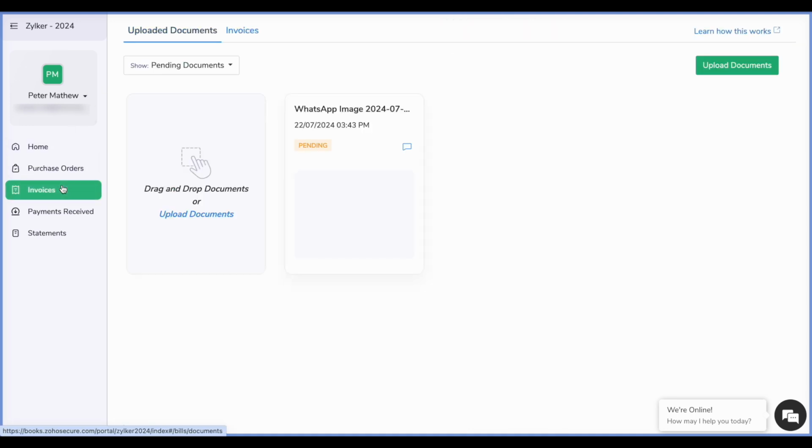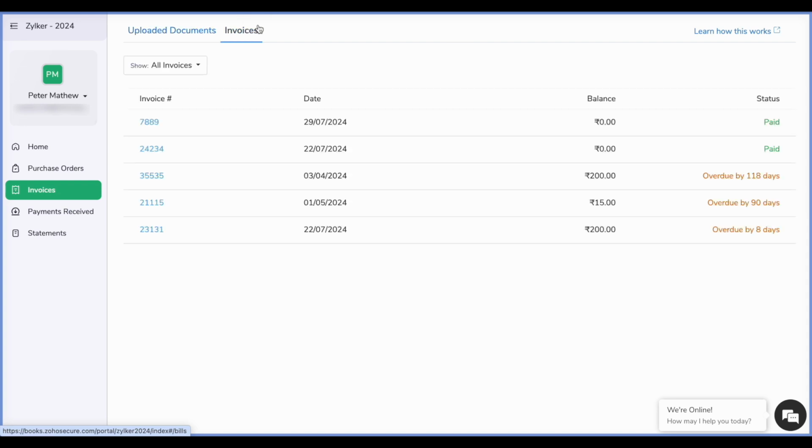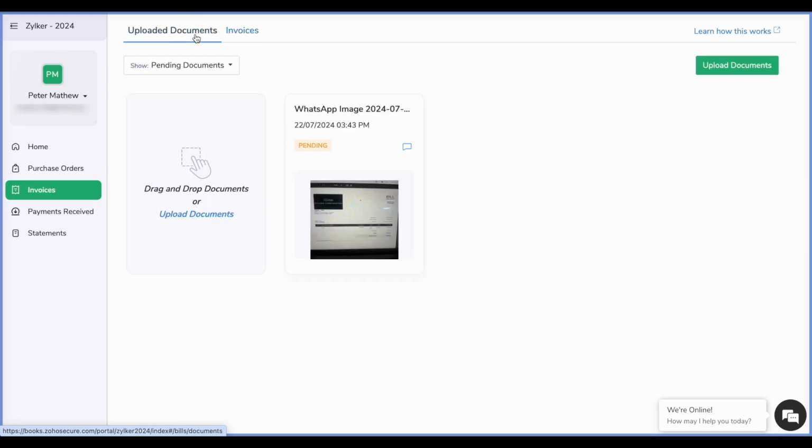The next is that he would be able to see all the invoices, that is the bills that you have recorded, which will be displayed under the invoices section of the invoices module. Apart from this, your vendors will also be able to upload documents from his end. So if he has the bill copy in his hand and wishes to send that to you, he can simply click a photo of it, click on upload document, and upload the photo